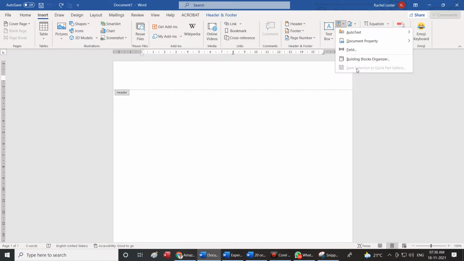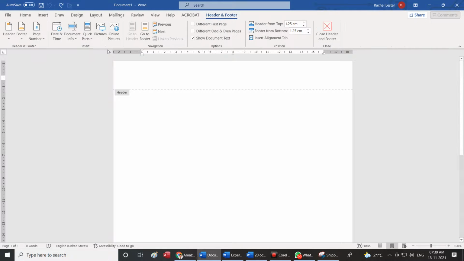Please make a note of it. The same 5 options, 1 2 3 4 5, were available in the header and footer tab under quick parts.